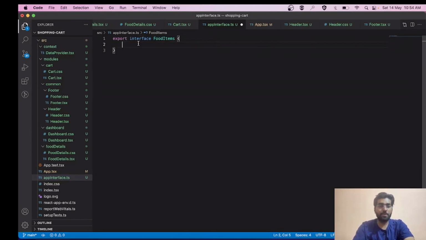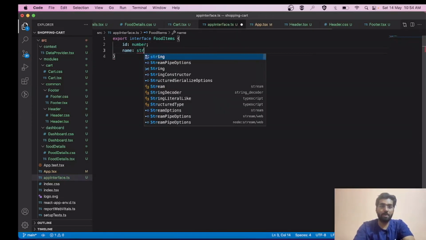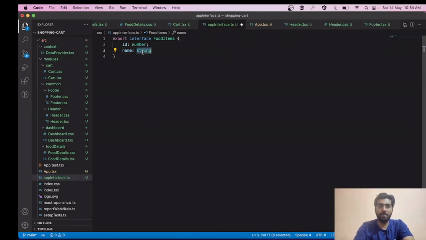Let's suppose it's going to have an ID property, and the type of the ID property will be number, and it is going to have a name property, and the type will be string. Let's create other properties also.